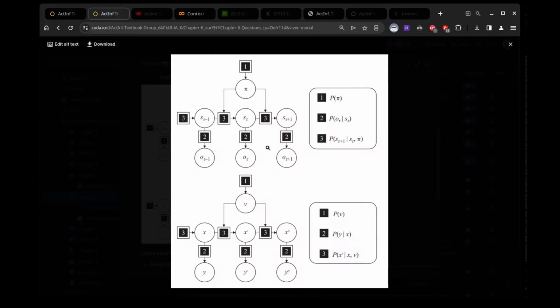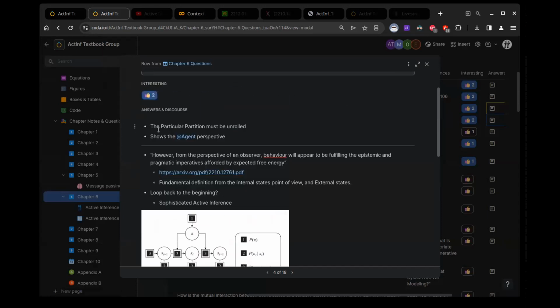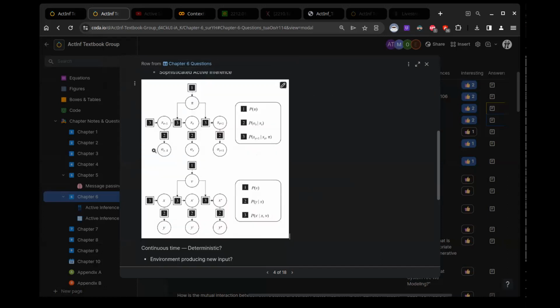Here, just the agent's generative model is shown. There's no generative process. But if there were a generative process, it would be receiving an input from pi and sending an output to observations. So the POMDP can be seen as a way of unrolling the particular partition, because this gives a sequential, linear, executable format to modeling the particular partition.